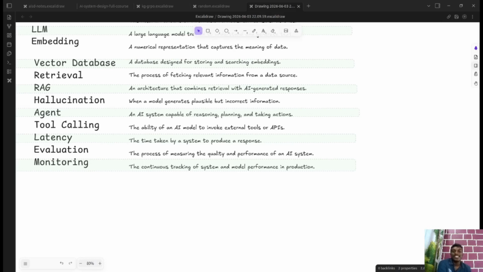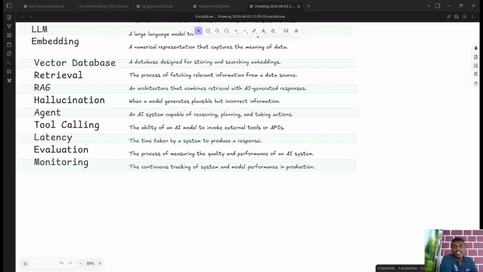So the LLM gives us an answer or response which sounds confident, but it's not. There are different reasons why an LLM might give such responses, which we'll go through later. So that's hallucination.